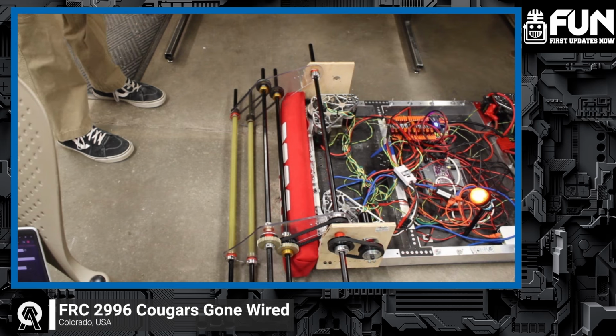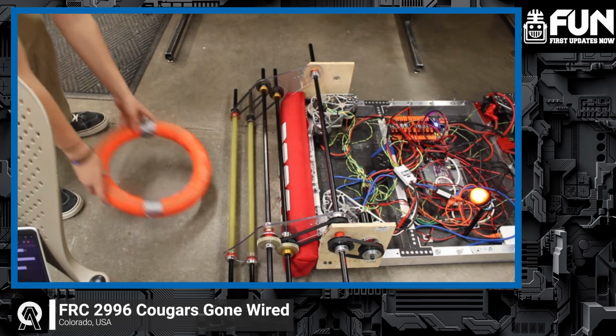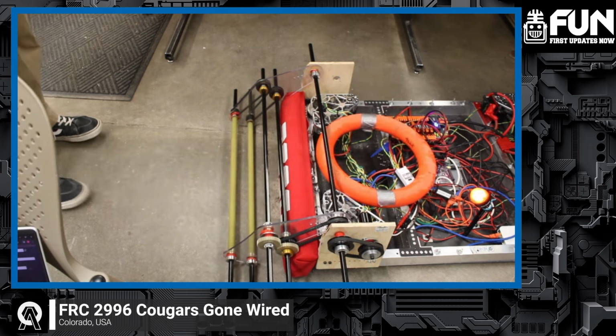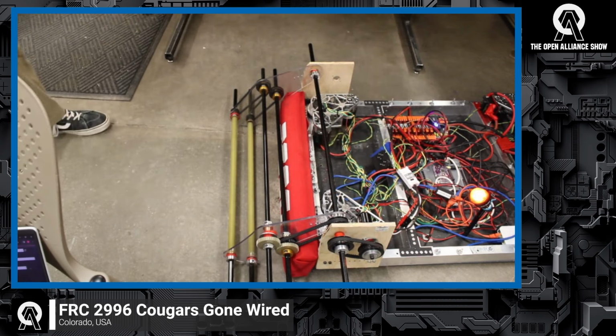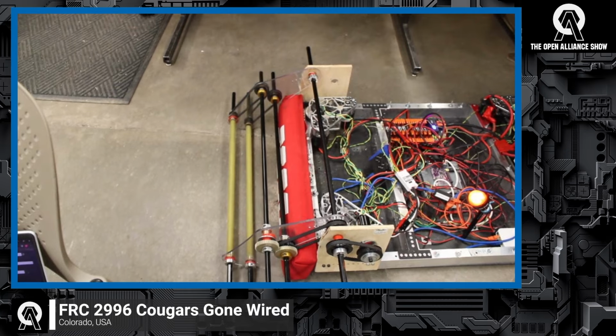Something we feared was lack of control of the note as we transferred it, that if we were launching in the robot, we weren't able to hit that transfer. So with this design, you can show it. This is our current final geometry. And then it also includes on the back of our shooter, we'll have some funnel plates that will basically, we've done more testing with the vectoring of the note as well, something we were